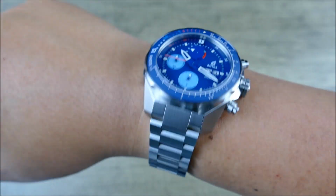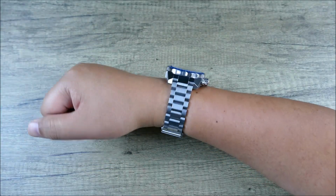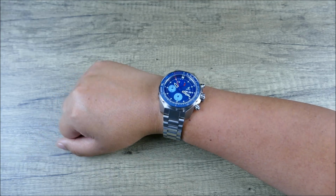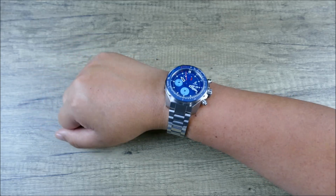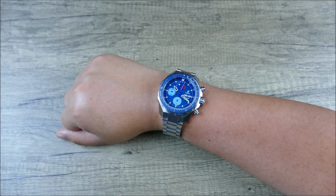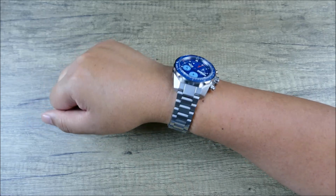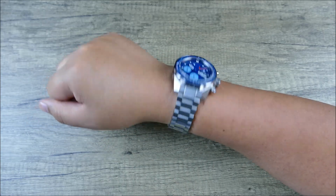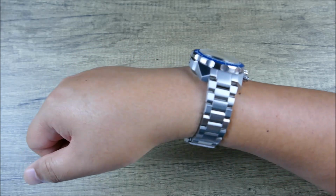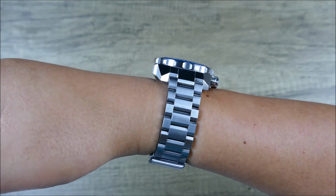So yeah, does this feel really heavy on my wrist? Honestly, it doesn't. And it's not just because I'm super strong, which I am, but it's really because it's well balanced. It flows well. I think something like this could easily feel top heavy, but in this case, it doesn't. It feels nicely balanced, and yes, it is a little bit heavier when I think about it, and if I give it a jiggle, I'm not going to forget that this watch is on my wrist by any means. Check out that profile, the big toothy gear grip there, but